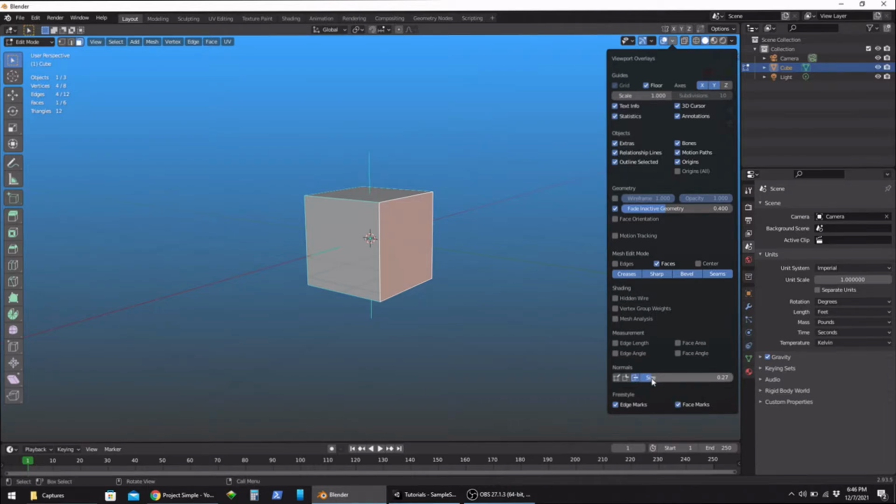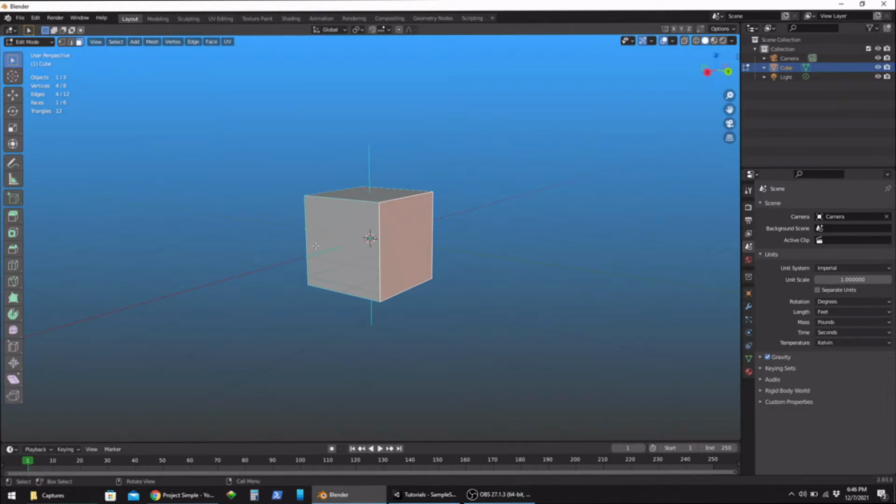And then you have actually a slider here to increase the size of the line that's coming out of your faces. That's basically just showing you if it's facing outward or inward on your normals, as far as the rendering. And you'll notice that on this cube, this is the only face on here that doesn't have that line